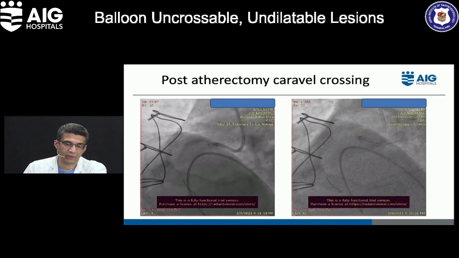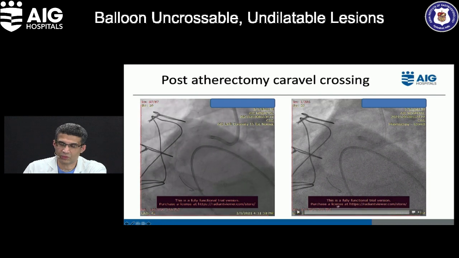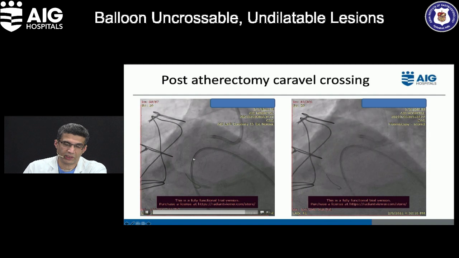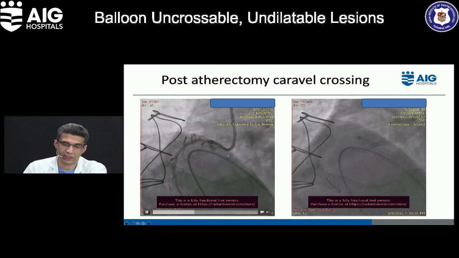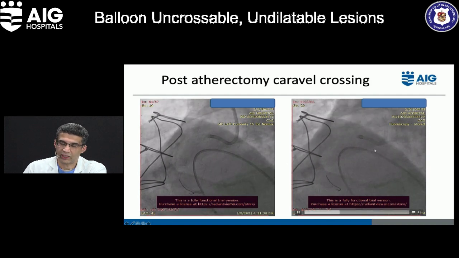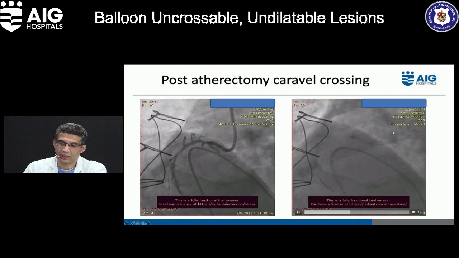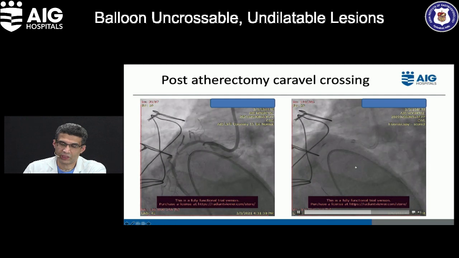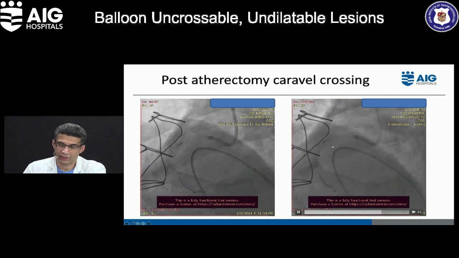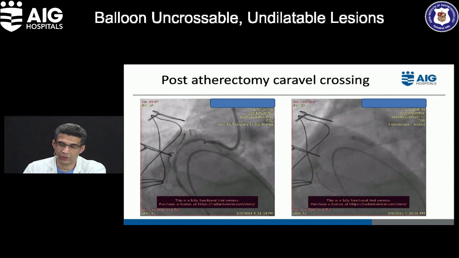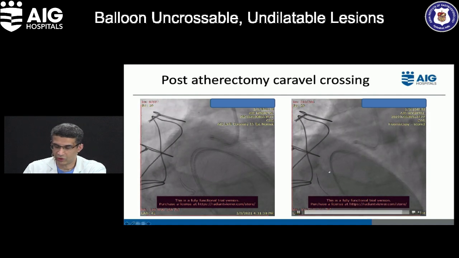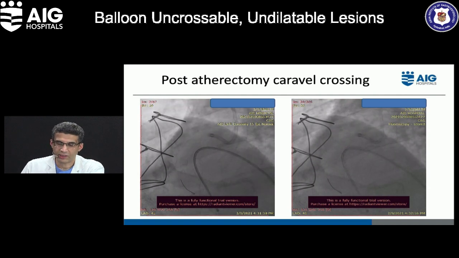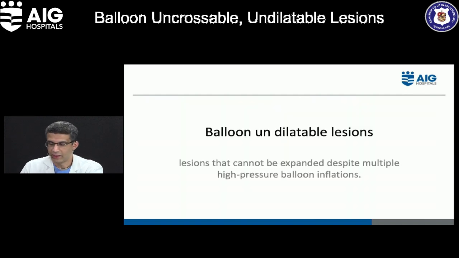So finally, once rota went in, then it became extremely smooth. You can see here that the vessel has opened up well with a 2 mm balloon dilatation. It opened up completely, and after that when we used the microcatheter to exchange it for a CTO wire for the distal lesion preparation, you can see that the microcatheter actually went in smoothly. We were afraid to push, but actually it went in so smoothly. So remember, where everything fails, finally rota succeeds. This is something which we should always remember.